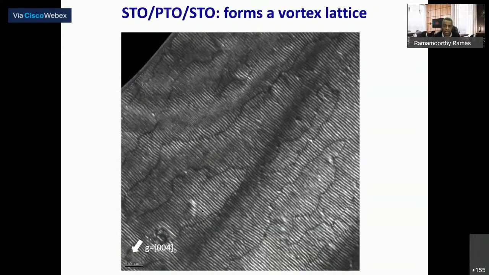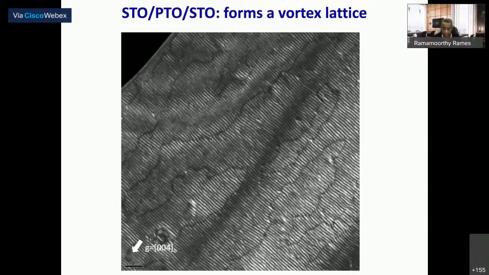The first thing that you can see is if you look at these vortices from the top, it looks very much like they have a sense of alignment. And that's because the substrate that we use is an orthorhombic structure, dysprosium scandate, and so it has a preferential direction. So that's the first thing I want you to notice, that all these vortices are going top left, bottom right. The other thing that you can see are these boundaries. They look like antiphase boundaries, and they are antiphase boundaries, where the vortices are shifting by half a wavelength with